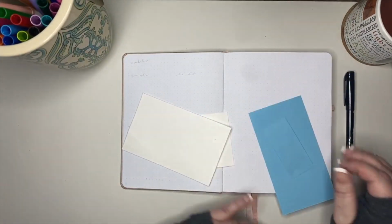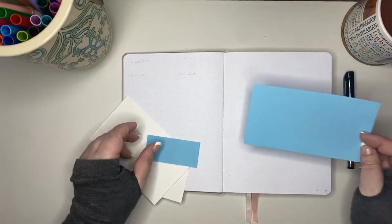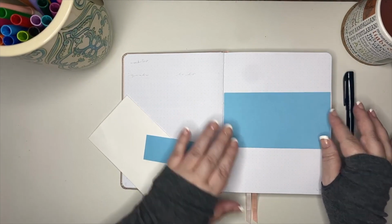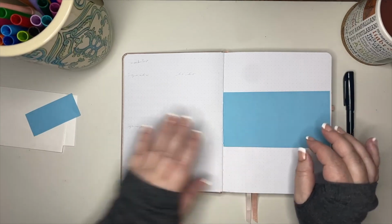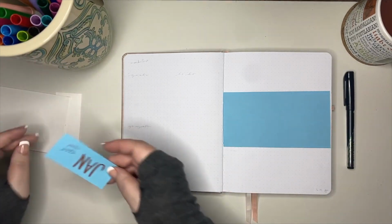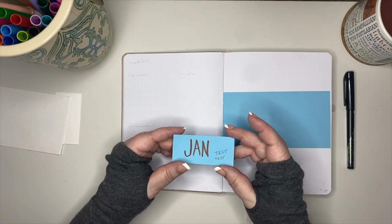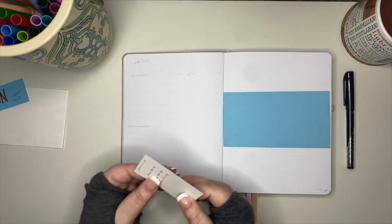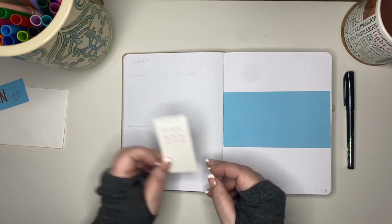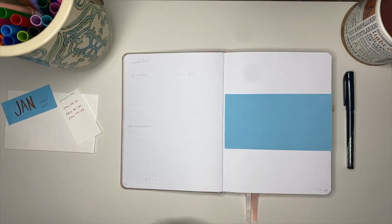Now the first thing we're going to do is get ready to stick this blue piece of paper into the journal, and I've already sort of pre-cut this, and it's not a perfect rectangle, y'all. It's a little bit wonky, and that is a-okay. I also tested some of my markers and things on this particular blue. So here I had tested writing January with the orange marker just to see how that was going to look. While I was doing that, I made some little pre-cut week headers as well on this little cut off from the white piece of paper that I have on the side,